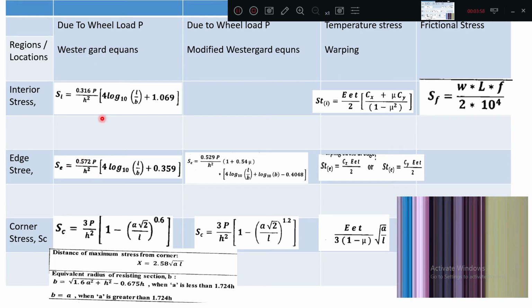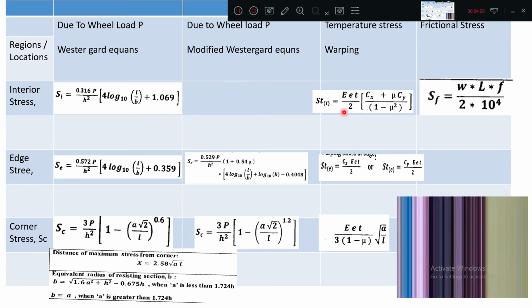Now, in some cases, to calculate this wheel load, directly they will give charts also. If they are not giving one of these, small l, something is there, no? So if they are not giving the correct data, they will give charts for this also. Okay, you can directly take the value of interior stresses from these charts. We will see. Formula for wheel load at three different locations. Formula for wheel load only, modified equations 1 and 2.